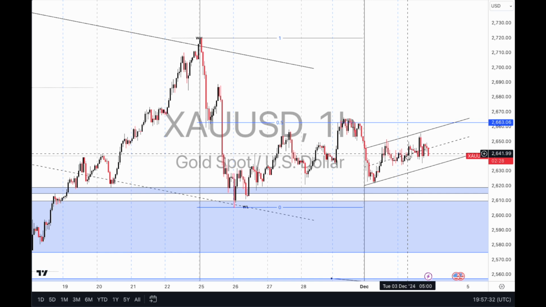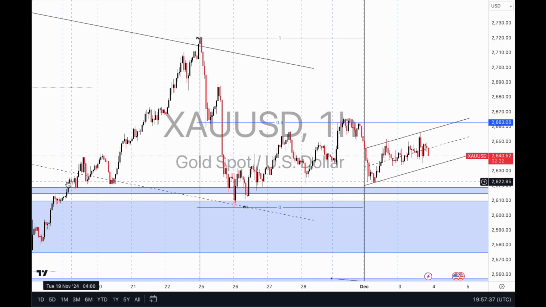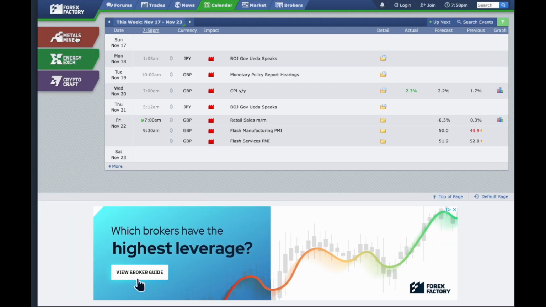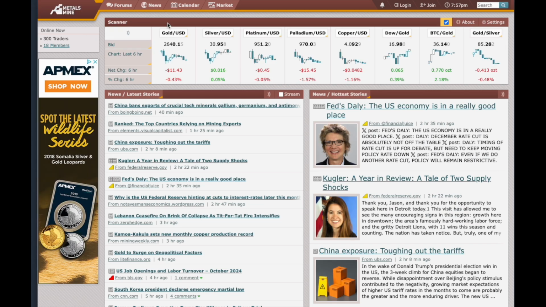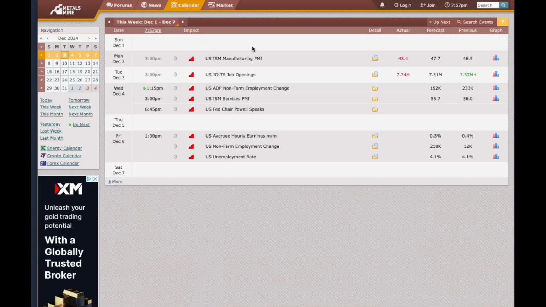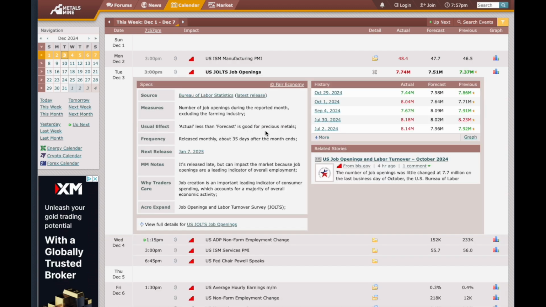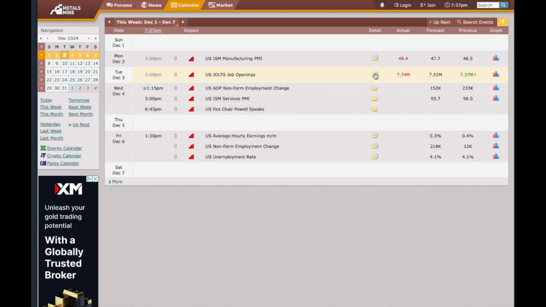Now, in regards to what we've got happening this week, we've had some news this week, right? So let's just jump into the news. And we want metals. Just going to go into the calendar. So that's this week. So we've had reports today. Let me just make sure this setting is all set up properly. Okay, yeah. So we've had reports today, right? The most recent one came in at 3. It was higher, so it was bad for metals.